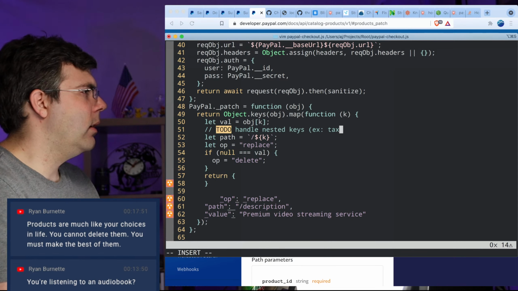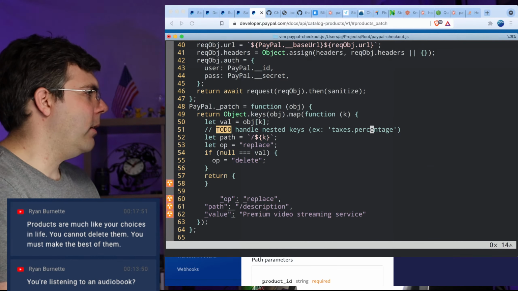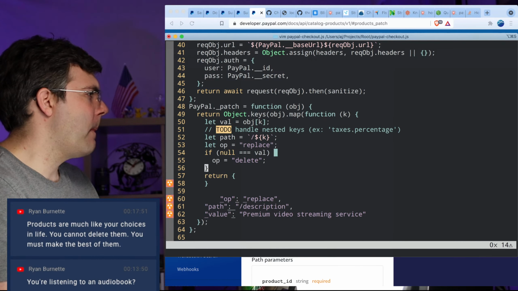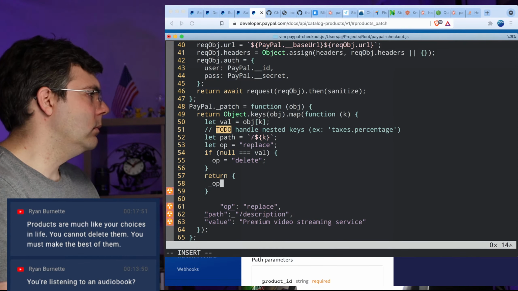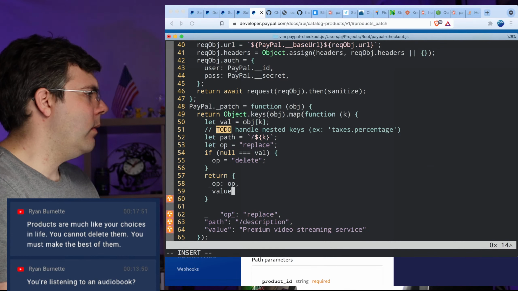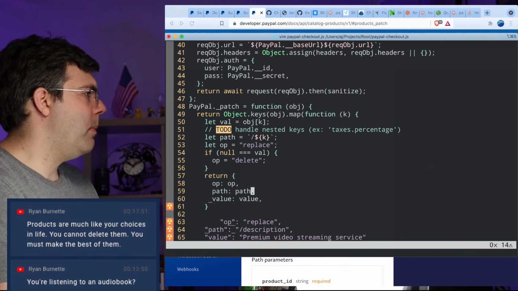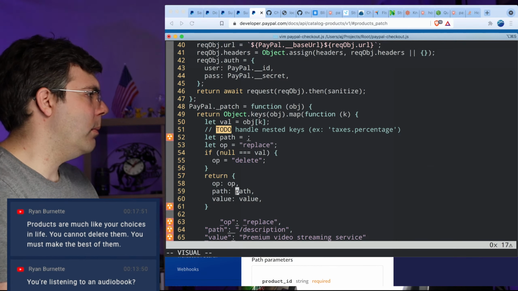Example being taxes.percentage. But I'm not going to handle those right now. So we're going to do op, value, path. Right? Maybe I can simplify this a little bit more.